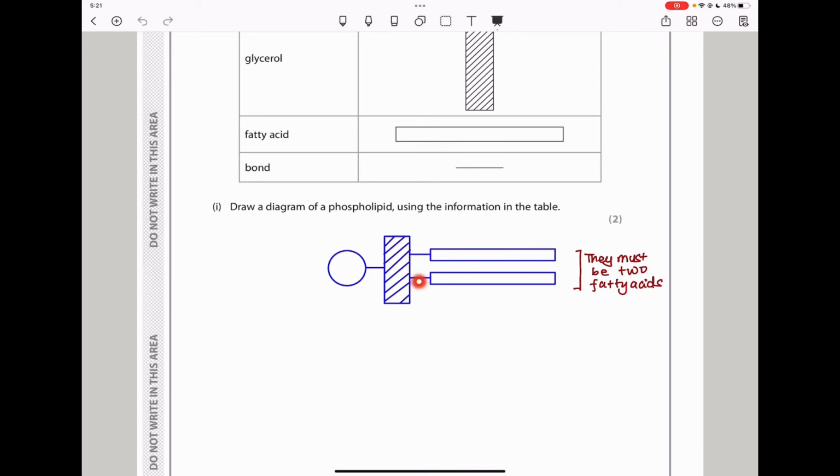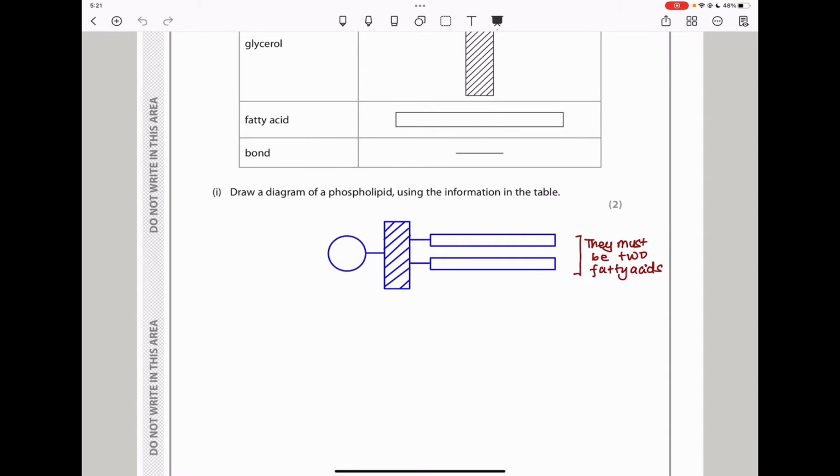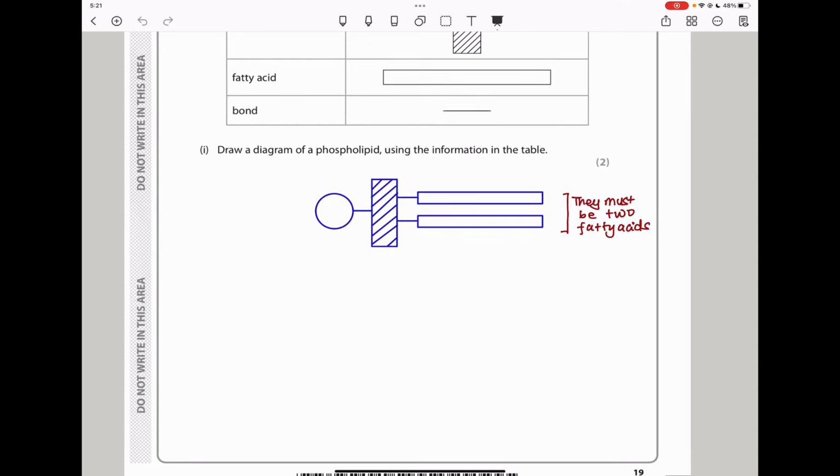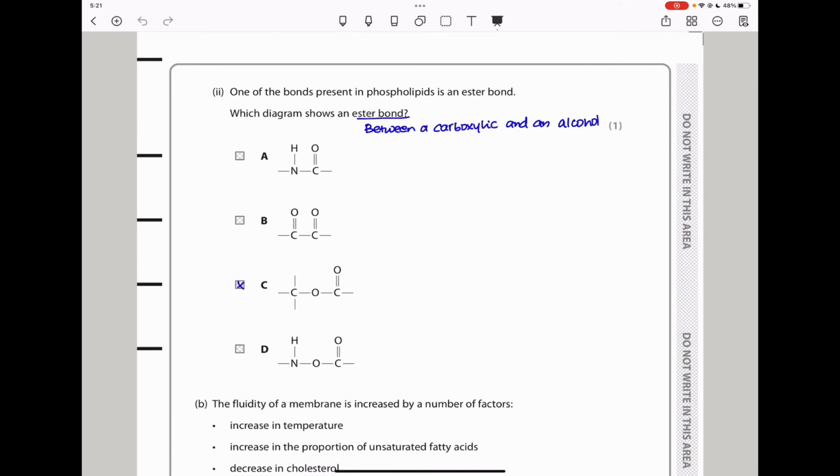Now, the two bonds are here, and then there is one bond here. So if you had drawn it like this, you get 2 marks for that. So ensure that you put only 2 fatty acids, not 3, like some of you accidentally do. So let's continue. Here they say one of the bonds present in phospholipids is an ester bond, which diagram shows